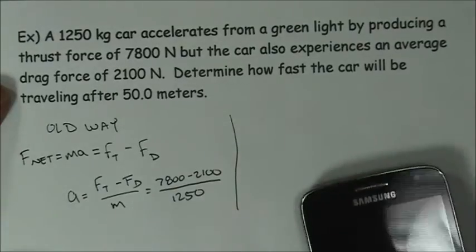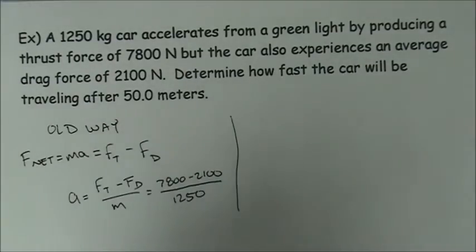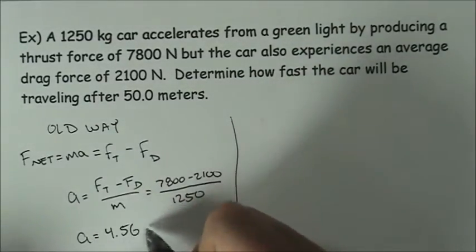So that would let us get the acceleration of the car, and that is going to be, so we're going to end up with 5,700 divided by 1,250. Oh, cannot operate this calculator. 5,700 divided by 1,250, and that would give us an acceleration of 4.56